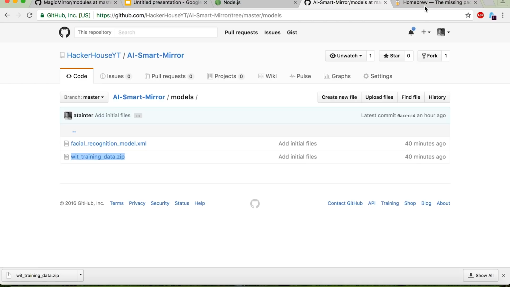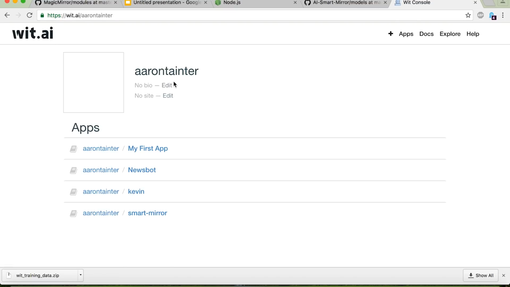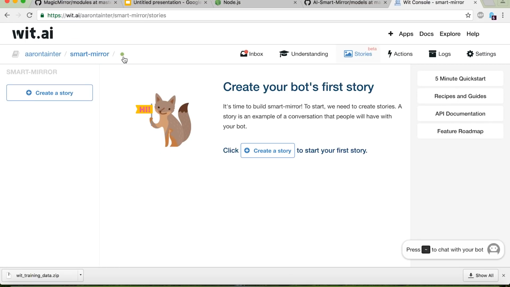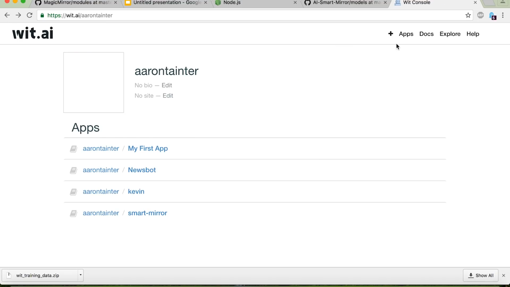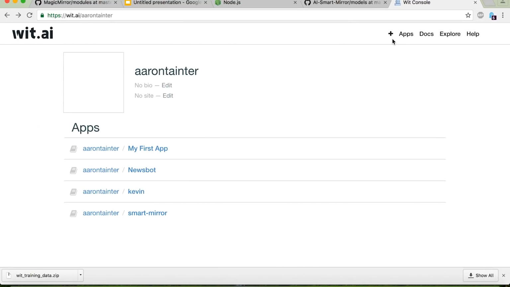There's also a wit training data.zip, and Wit.ai is what we're using for natural language understanding. I've used this in the past for our Raspberry Pi chatbot video, but we're going to use it again for our smart mirror because it's very useful and easy to work with. So what I'm going to want to do is use this training data to set up a new app. I already have a few apps set up here, but you'll need to create an account with Wit.ai and then set up your own app so that you can get an API key